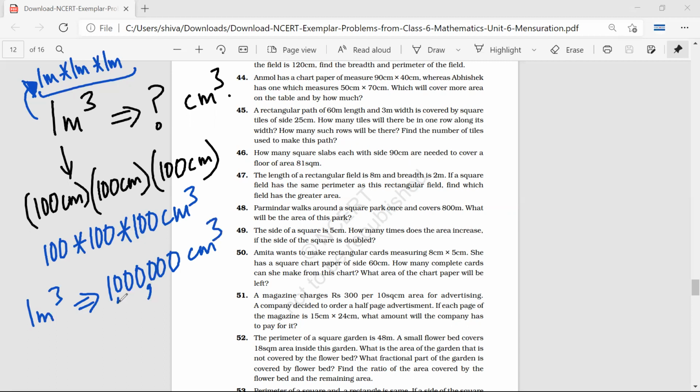Sarthak, is there a doubt still? No, sir. So this conversion is a bit typical. I think in class 7th you will be doing a lot of sums. This conversion is actually done in class 7th. Mr. Satya, have you understood? Yes. Question 44, 45 and 46. Sarthak, is there a doubt in any of these three questions? No, sir.